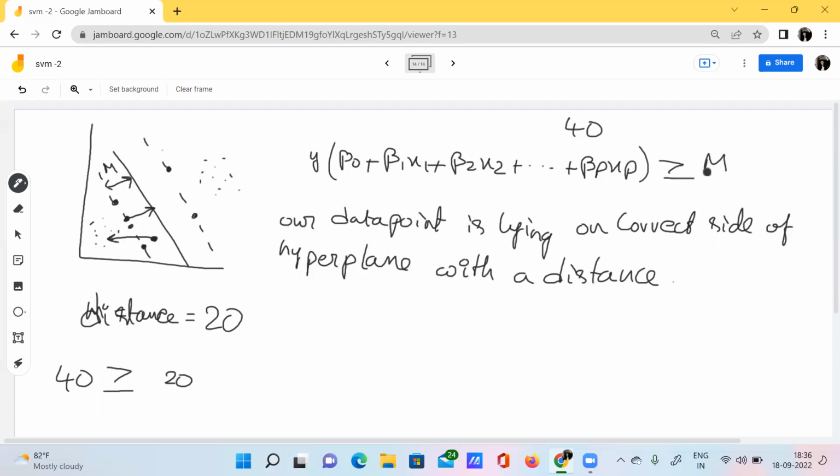That means M is nothing but the distance here. So our calculation, our model value 40, should be greater than M. Greater than M means that particular data point will definitely lie here or here, whatever the location may be, but it will definitely lie outside of the margin. Then we can confidently say that the data point belongs to this particular region.